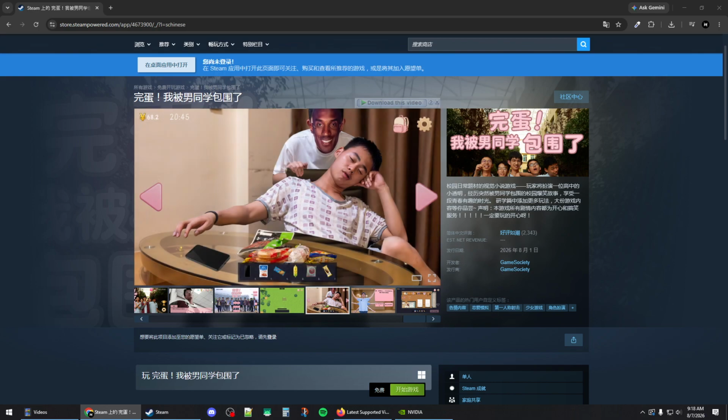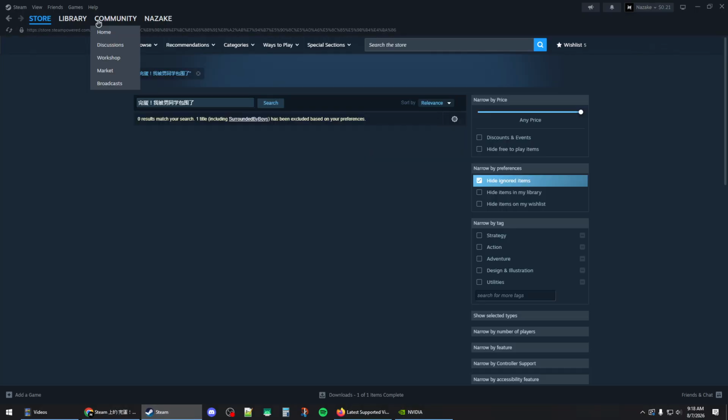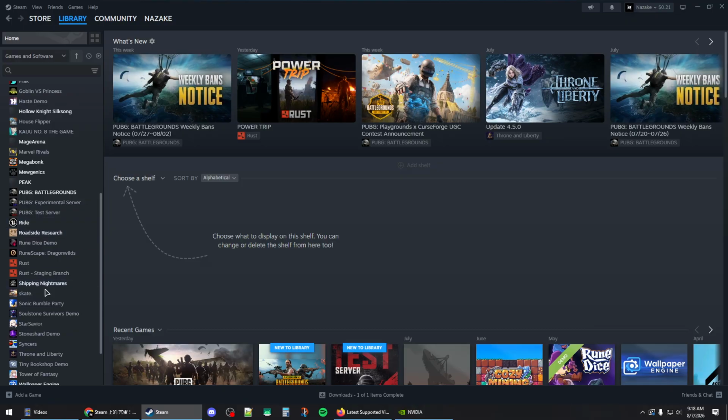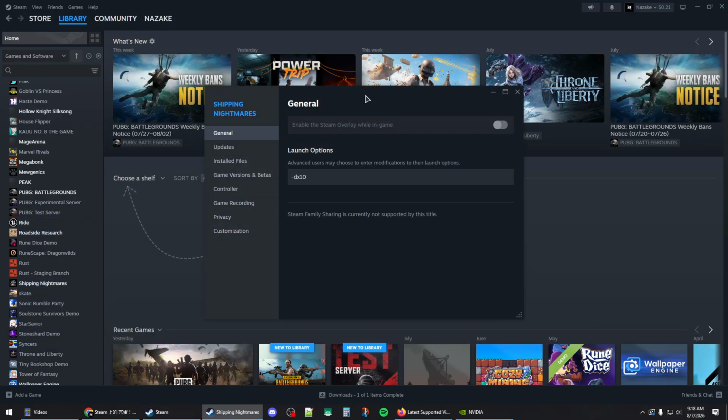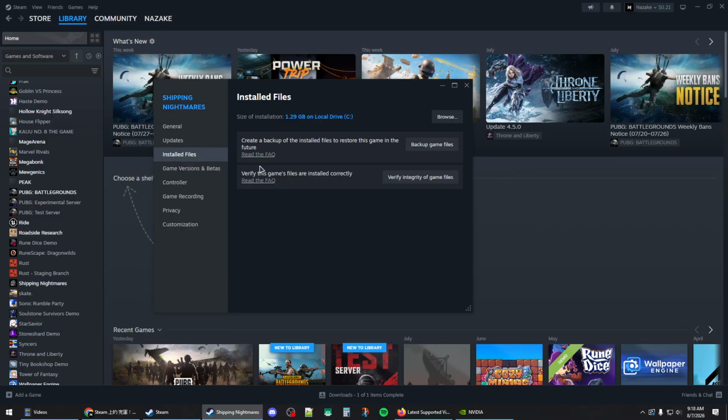How do you fix 我被男同学包围了 crashing on Steam? So the first thing you'll need to do is go to your library, right click on the game and open up the properties. And in the launch options, you will need to add -dx11, then go to installed files and